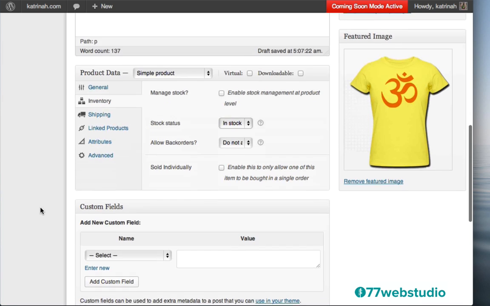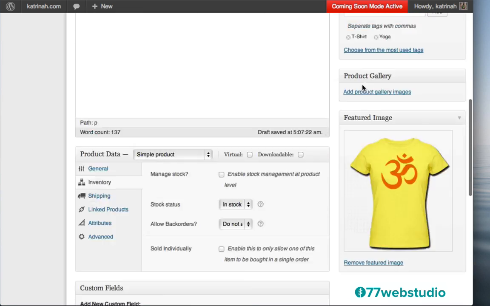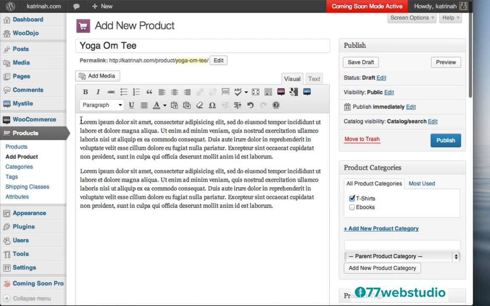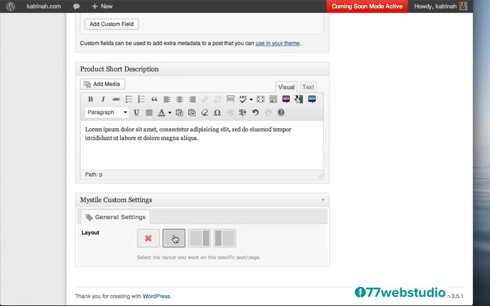So okay, the next step is I'm going to scroll down here and I'm going to add a short product description. I'm going to grab the first sentence of my demo content here, and I'll just scroll down and add the short product description. And then once again here where it says layout, because it's a product, I don't want any sidebars on this. Of course, if you want sidebars, feel free to choose a right sidebar here or a left sidebar. I prefer keeping the focus on the product, so I'm not going to include any sidebars. It'll just be a full width product page.